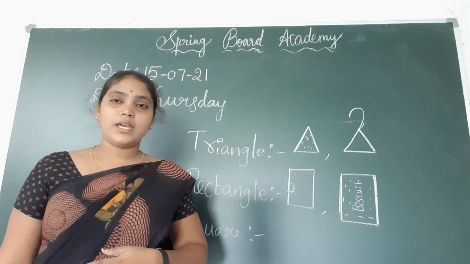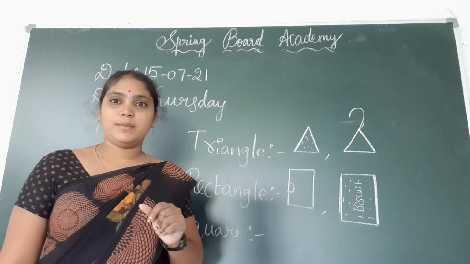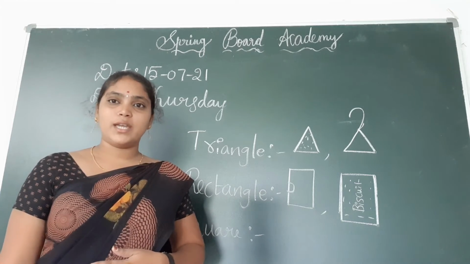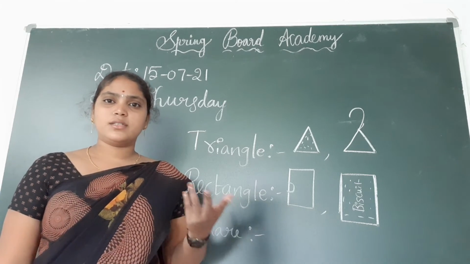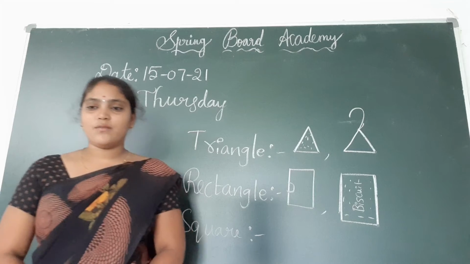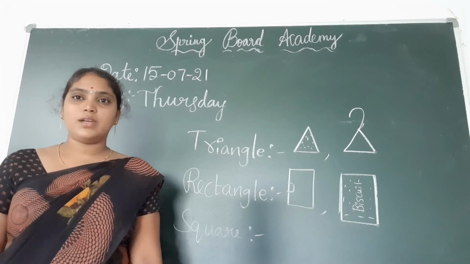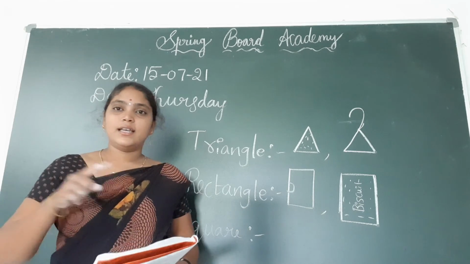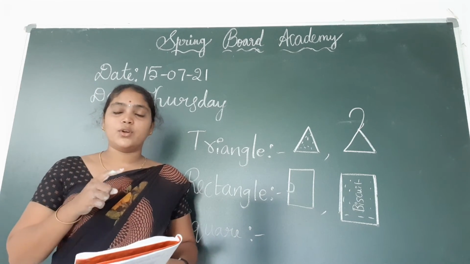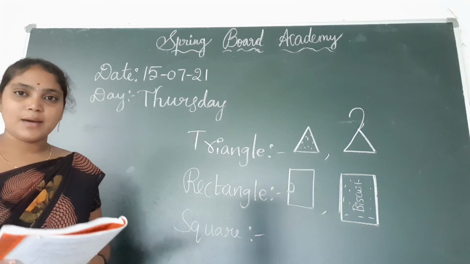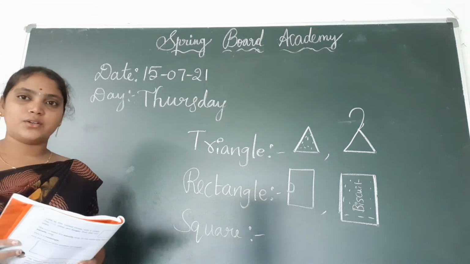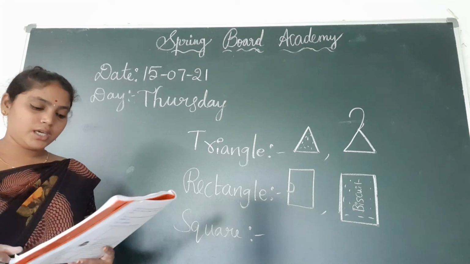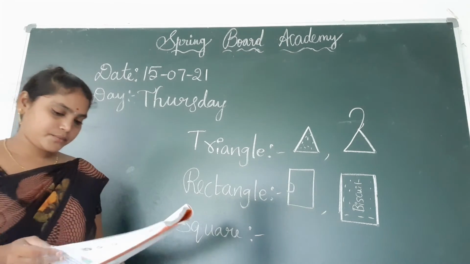Now coming to the square, like 50-50 biscuit pair, 50-50 biscuits. That is an example of a square shape object. And can anyone say what are the objects that look like a square, children? Yes, we can say that the dice, carom board, chess board, these are all examples of square shape objects. Here you can draw anything.